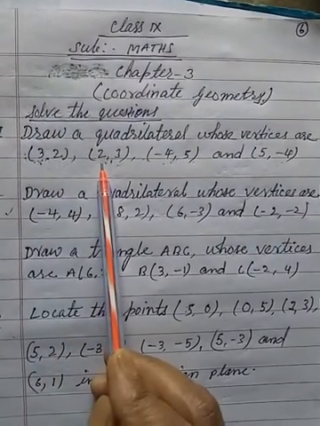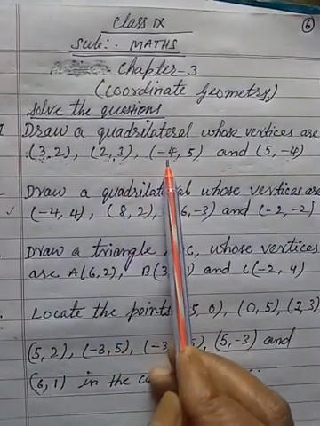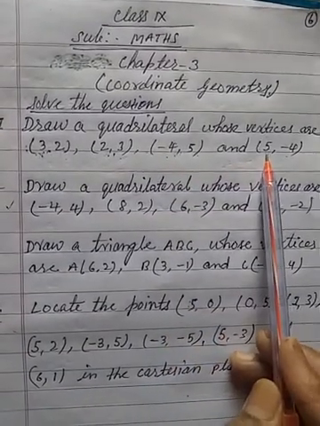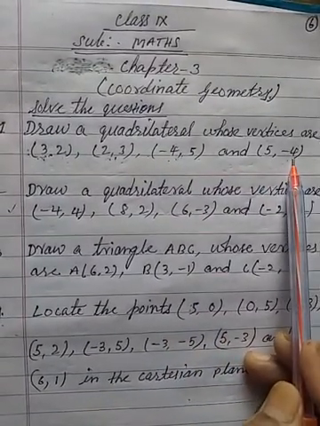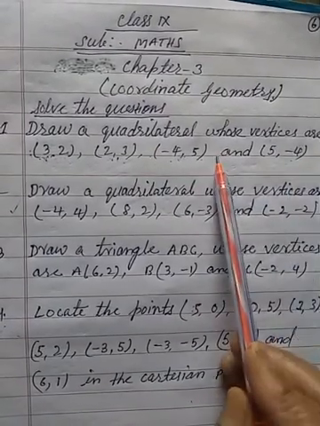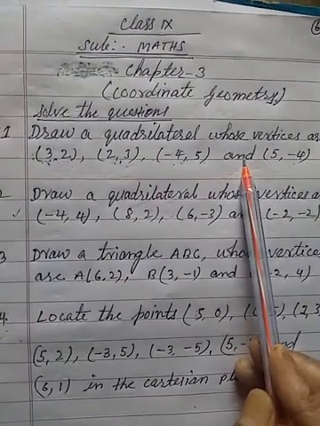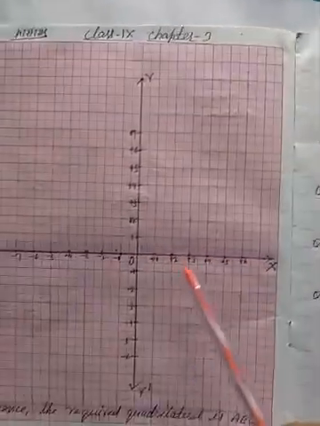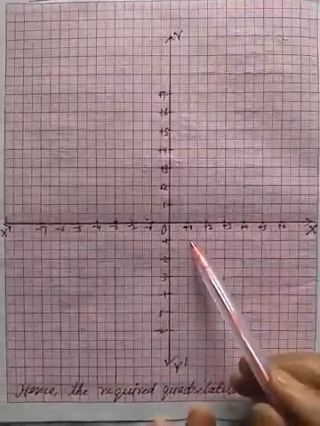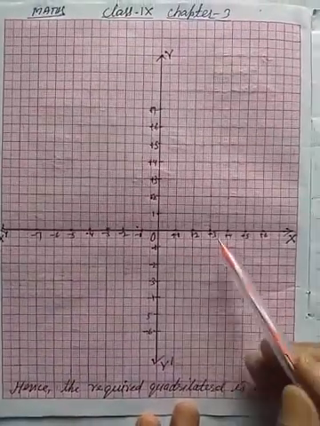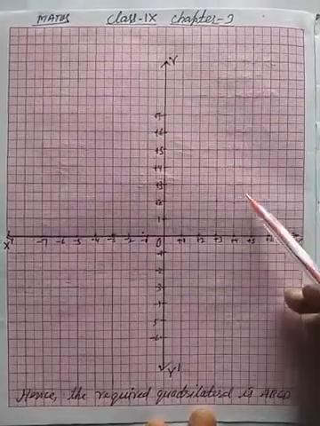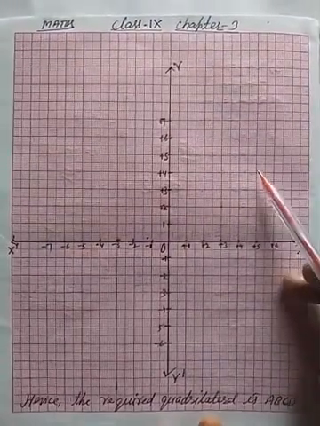Coordinates of the point B are 2 and 3. Coordinates of the point C are -4 and 5. Coordinates of the point D are 5 and -4. So we have to plot these points on the graph paper. So now let's see the graph paper. Okay, so here point A represents 3 and 2. So 3 and 2 lie in the first quadrant. So this is the first quadrant, students, because these are positive signs.